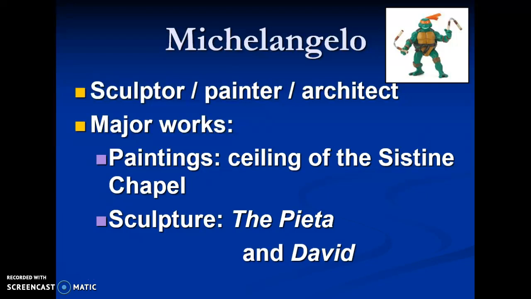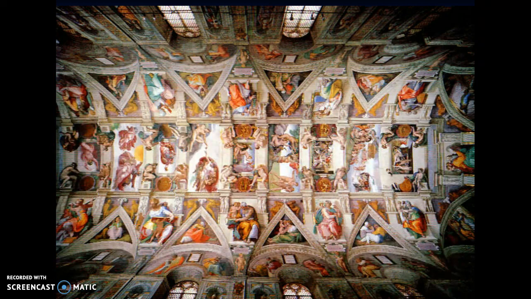So the Sistine Chapel is located within the Vatican in Rome, and the Pope actually wanted another artist, Raphael, to complete it, but they ended up getting Michelangelo instead, and this is what he came up with. What you're seeing is if the camera were pointed straight at the ceiling. So down here would be one side, up here would be another side, and this would be the ceiling right here. And you might be thinking, how did he paint on a ceiling?